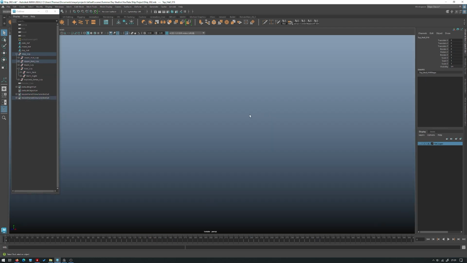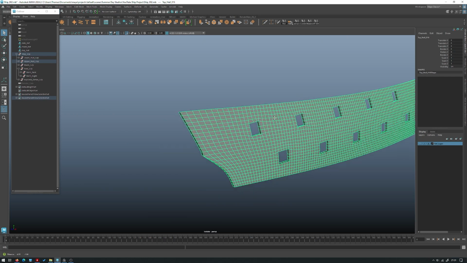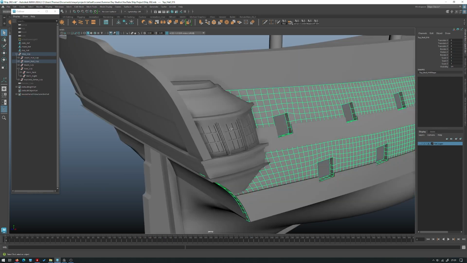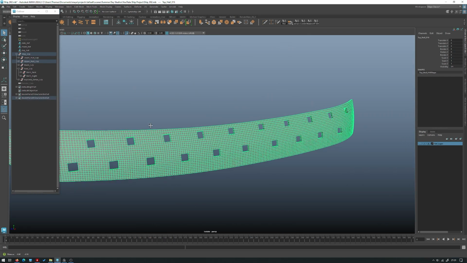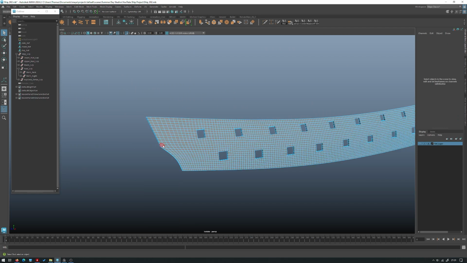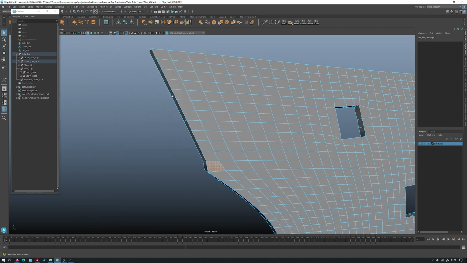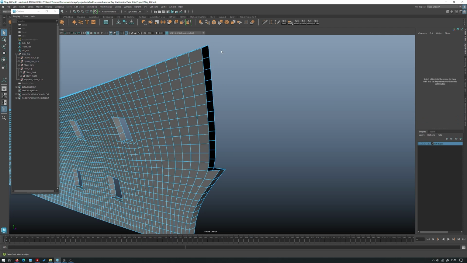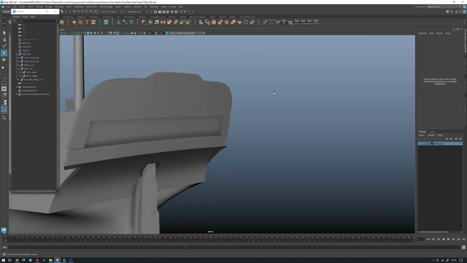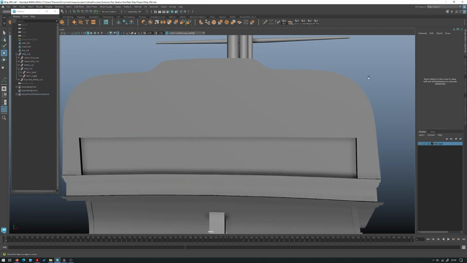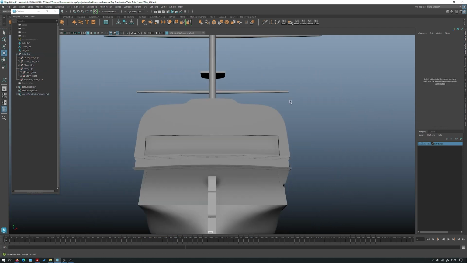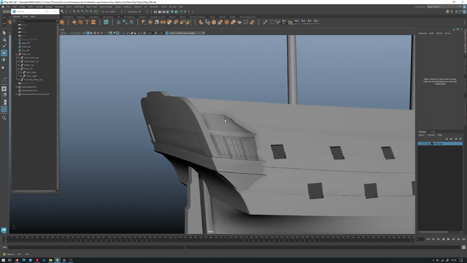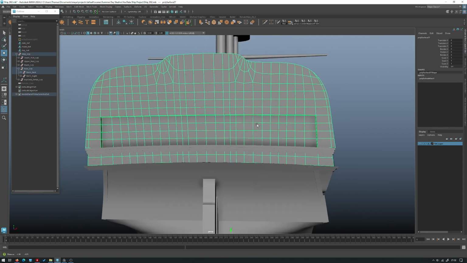Weirdly, we're not getting it on this side. Maybe that's because we pulled that back. But just to keep it even, we'll just fix it anyway. Okay, cool. So now that we have that done, what I'm going to do is, instead of just extruding these